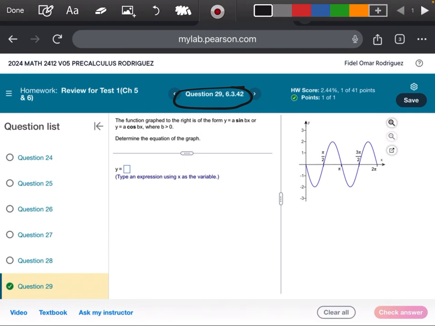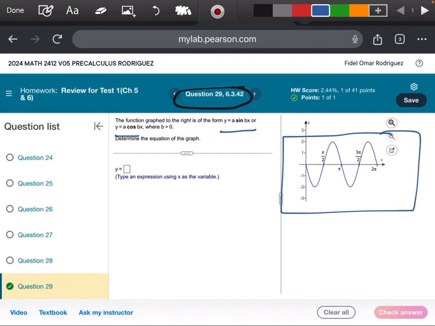So y'all, it says the function graph to the right. It's telling me right now that this problem is either going to be a sine or a cosine function, okay? The way I'm approaching this problem is I'm trying to remember what the graphs of sine and cosine look like, right? When I look at this picture, this looks like a sine function